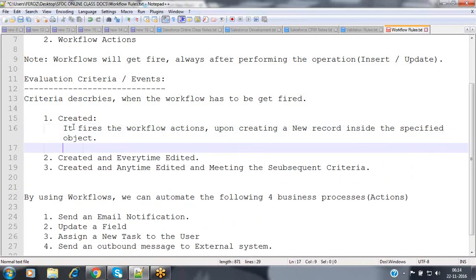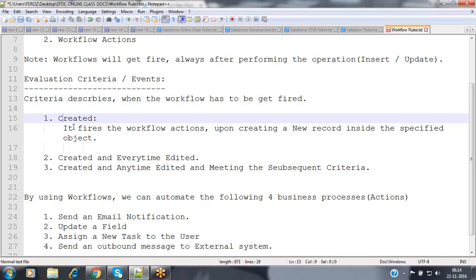So only at the time of creating a new record, once the record has been created, will it send the notification and fire those actions. We can add multiple actions also, depending upon our need. It may be a single action or multiple actions.